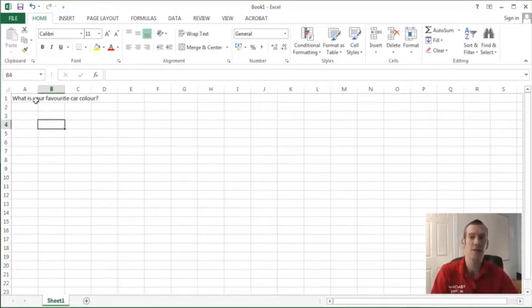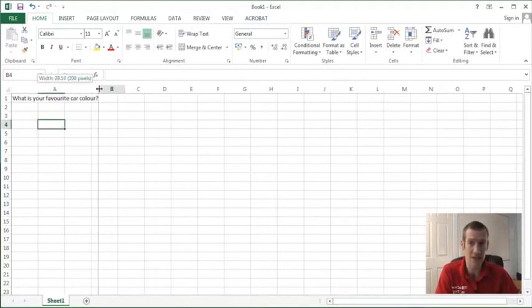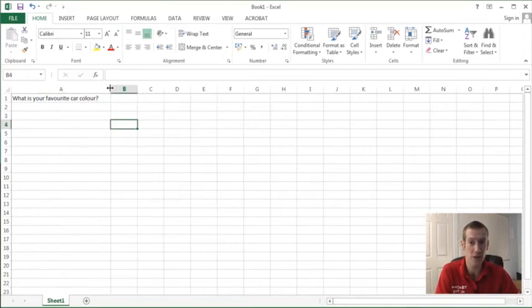If you want the columns to be wider so that you can fit all of the text in the cell, then you can just drag and make the columns bigger. If I hover between the A column and the B column here, I get that kind of line with the arrows pointing in either direction. If you click and hold your mouse button down on that and then drag it to the right, you can see the A column is now bigger, and when I let go of my mouse button, it then makes that column much wider. But I don't mind it being the standard width, so I'm just going to undo that,